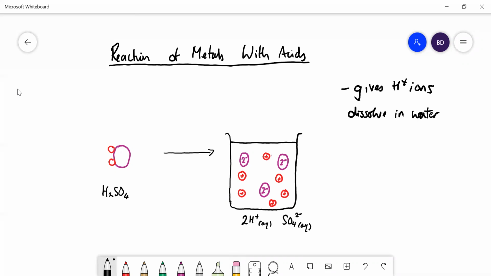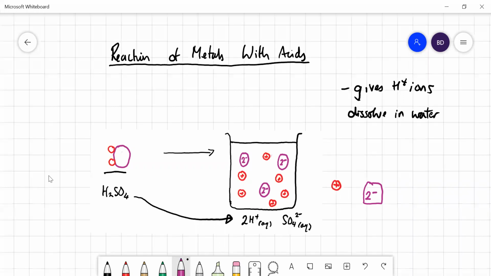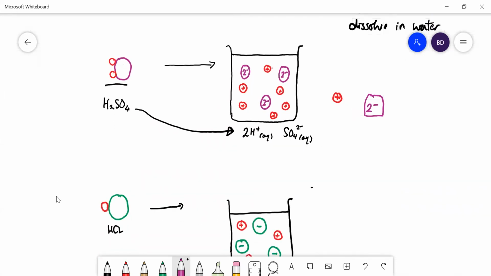So sulfuric acid, H2SO4. Pure H2SO4 is like an oily liquid; you dissolve it in water and it won't stay together like this, a molecule of sulfuric acid with the hydrogens stuck to the sulfate group. The two hydrogen ions will separate as H plus, which is drawn like that, and that leaves behind a sulfate ion, and they're floating around in solution not touching each other, completely different from each other. All right, so we look at another strong acid, hydrochloric acid,